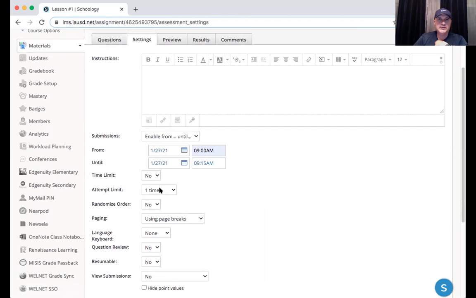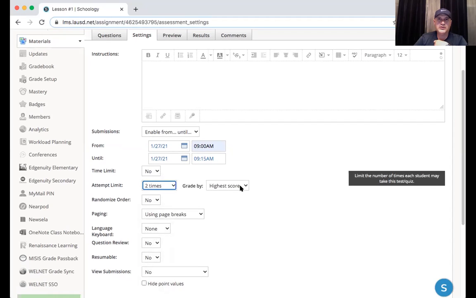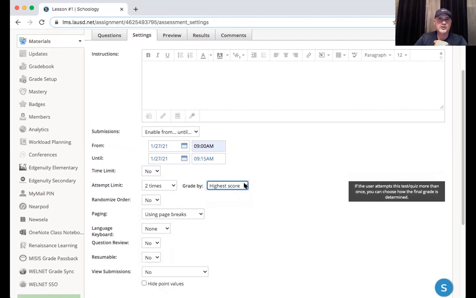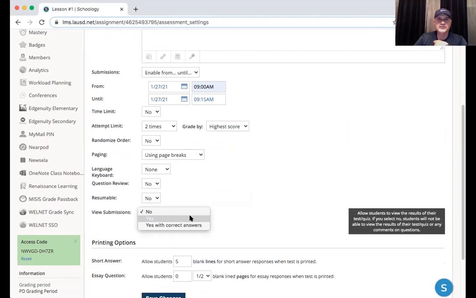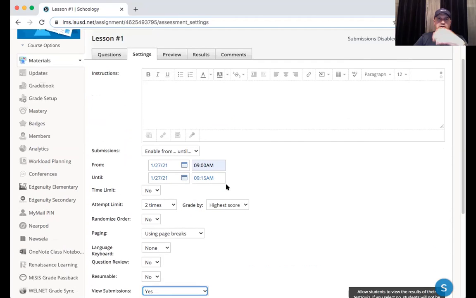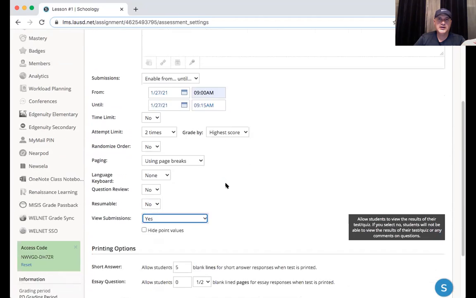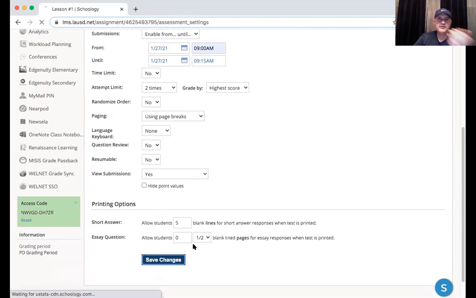So usually you can set as many times or attempts that you want to give them here. I usually do 2, and you want to make sure that they obtain the highest score. And then you just come down here. And when it says view submissions, this gives you an opportunity to visually see them come on into your grade book. So this pretty much grades it into your Schoology grade book. And if you save the changes,